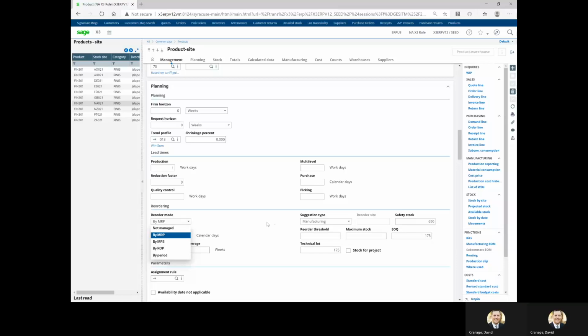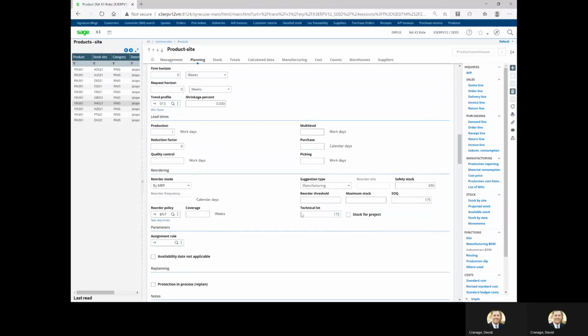If we maintain our standard default here by MRP, are we purchasing or manufacturing this product? Is it an intersite product that might get transferred between two different locations? Is it a subcontract product that needs to be handled by a third-party vendor for some function? What's our stock values for safety stock, economic order quantity, min-max amounts, reorder threshold to drive that statistical reordering, technical lot,